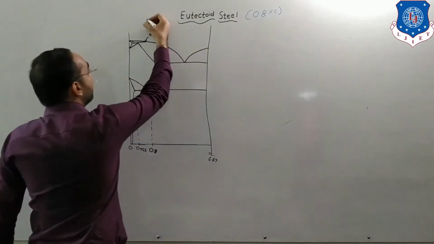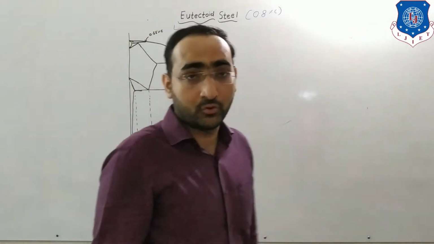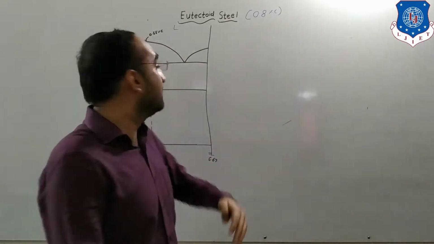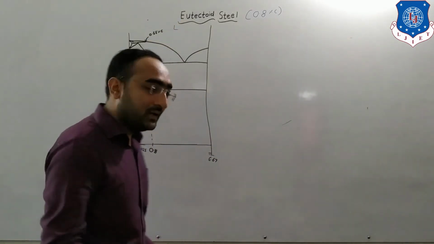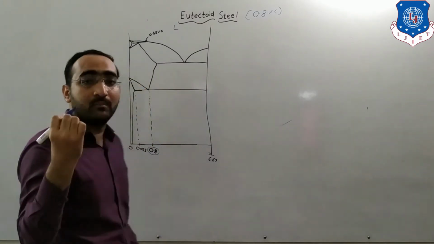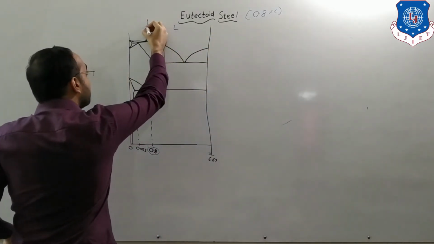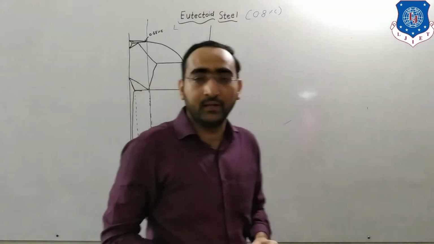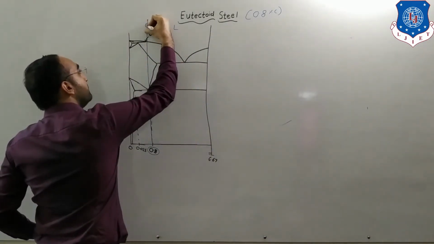So going from the top, because here there is a liquid region. First of all, we will be going for the melting of a particular iron, so we will be on the top portion, that is, in a liquid state. After that liquid state, our steel should always pass through 0.8% carbon, because we are interested in the eutectoid steel. So make a line over this particular region of 0.8.